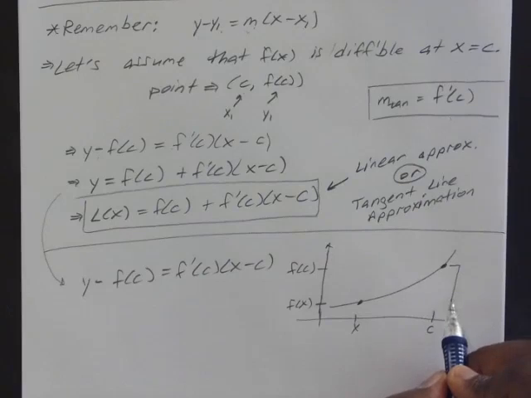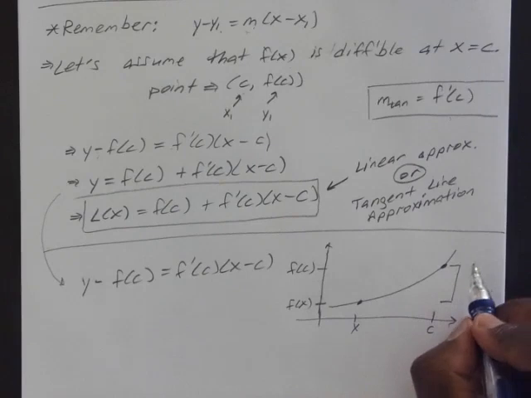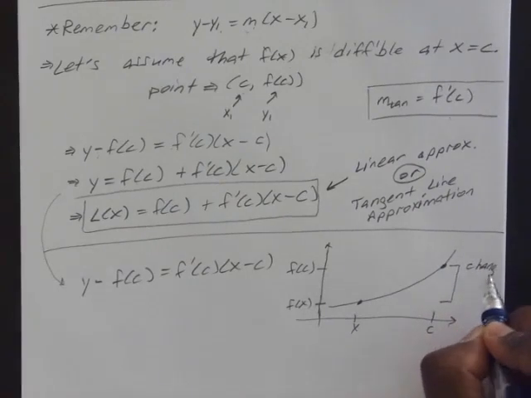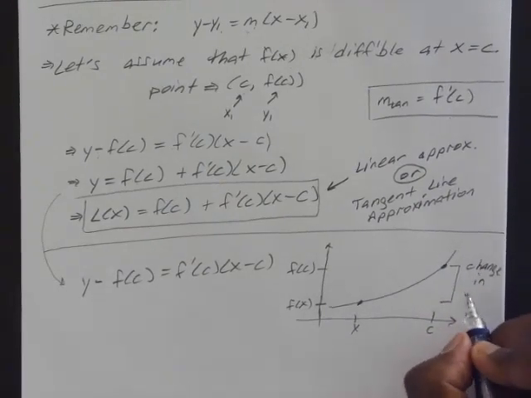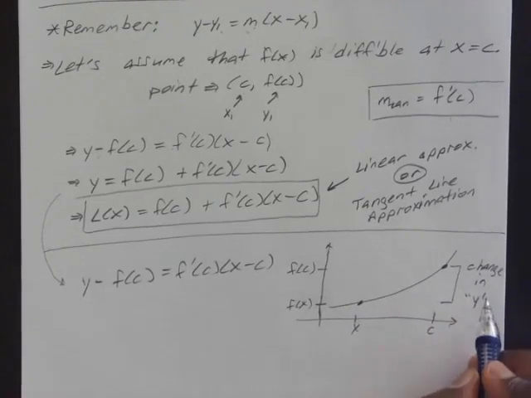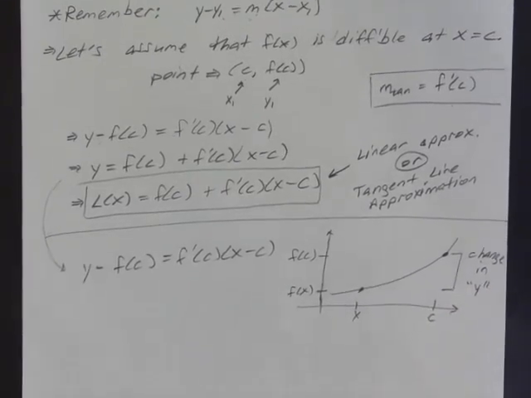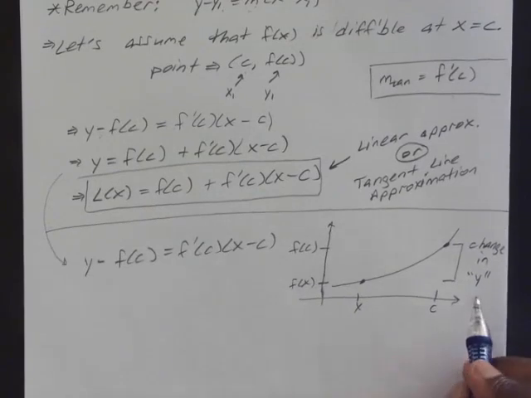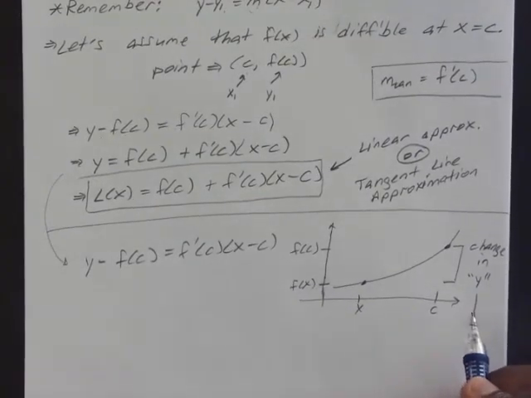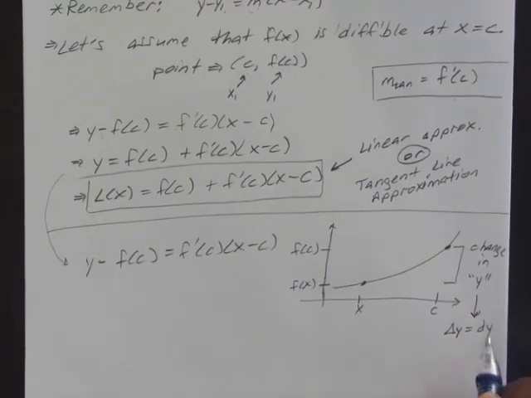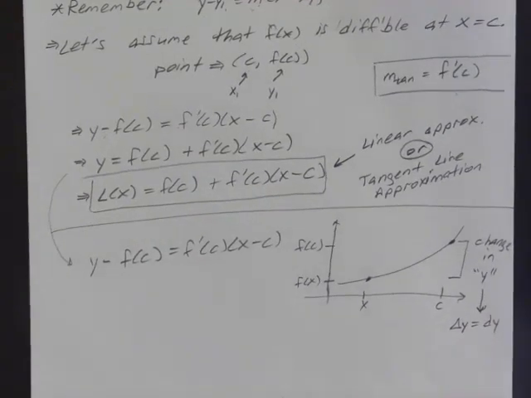Okay, so now your distance between f of c and f of x, this is just your change in y. And your change in y, that is denoted as delta y or your dy. So this we'll just change to dy